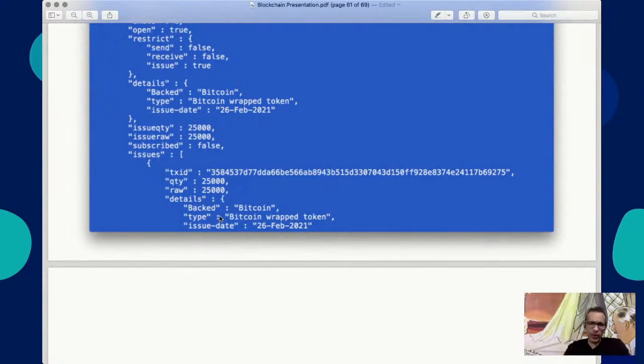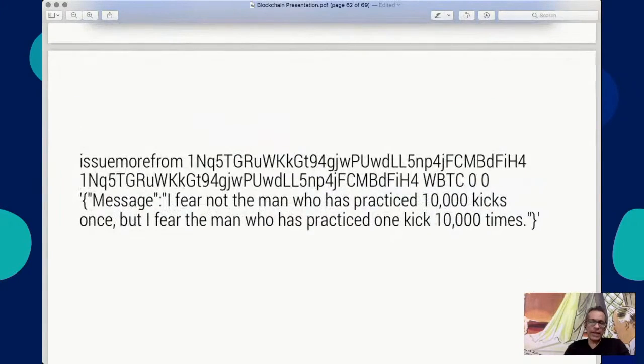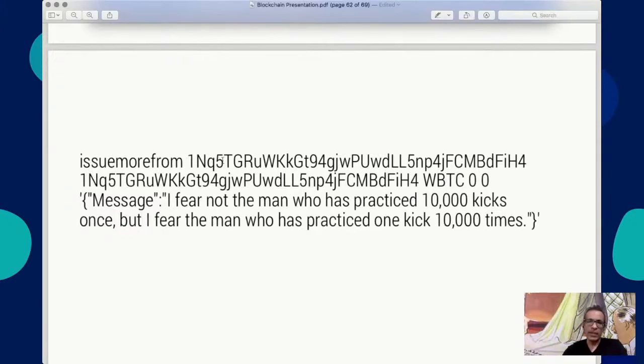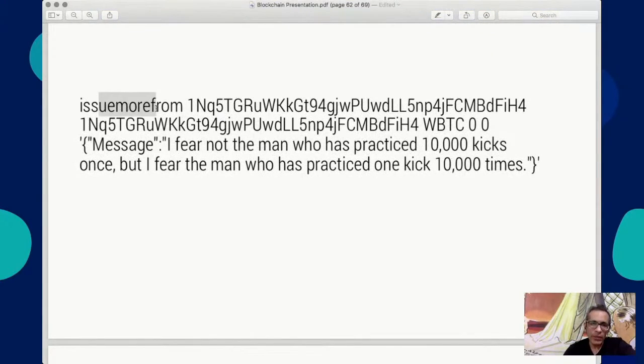Before I conclude, I would like to say that in blockchain, we can also directly push data. I don't know if you have heard, but in the Bitcoin blockchain, people have even put love letters into it. How do you do that? You do it like this. You are using issuemore from one address to another address, but a quantity of 0.